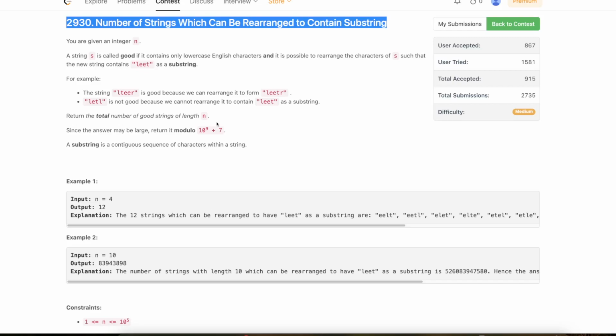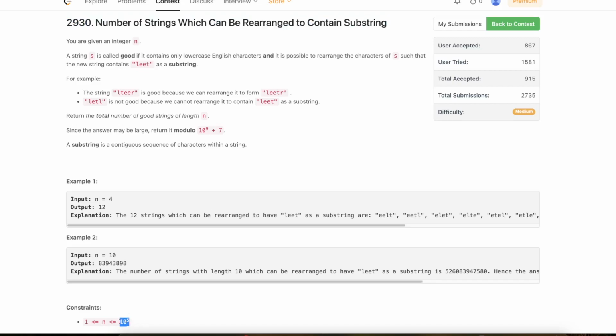In this particular video, we'll be looking at the mathematics approach because that's what will be helpful when the constraint is on the higher side. Currently, the value of n is 10 power 5, but if the value of n is 10 power 18 or 10 power 9 for that matter, you don't have the liberty to apply dynamic programming or